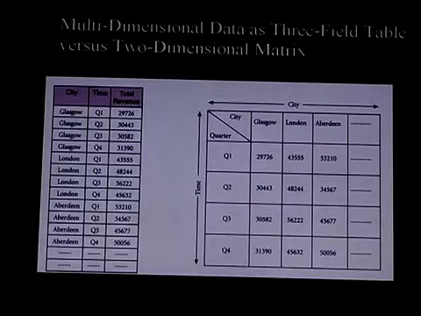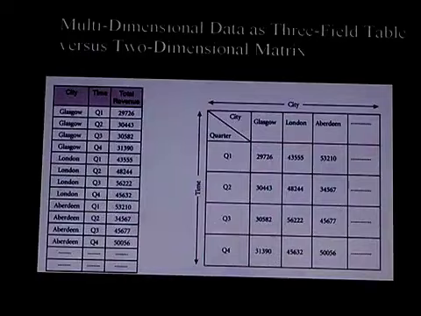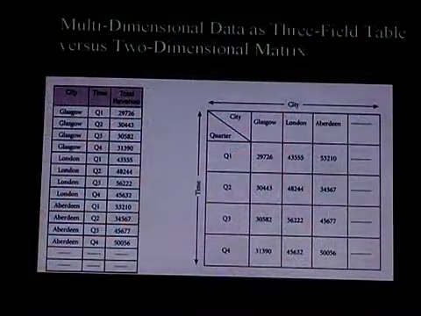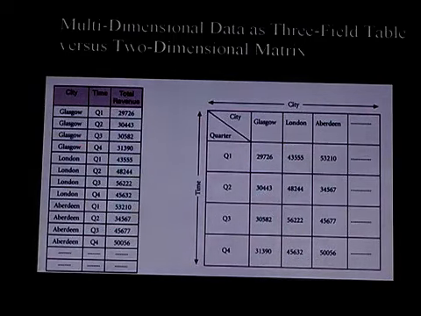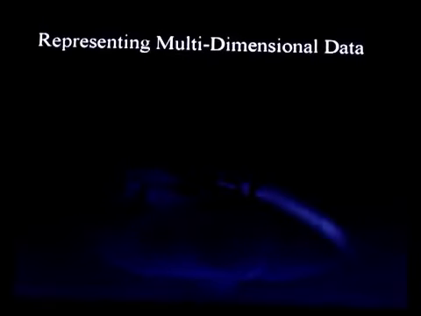If you represent the two-dimensional data in the form of an array, how many cells does it require? It depends on the number of values. Suppose here there are 4 values, and if you take only 3 cities, then we will have 4 into 3, 12 cells. Whereas here, each row consists of 3 columns, so we need to add more cells. As I mentioned, both use the concept of a cell, but the way the data is represented in the 2-dimensional matrix tells you the database values become the column headings here.